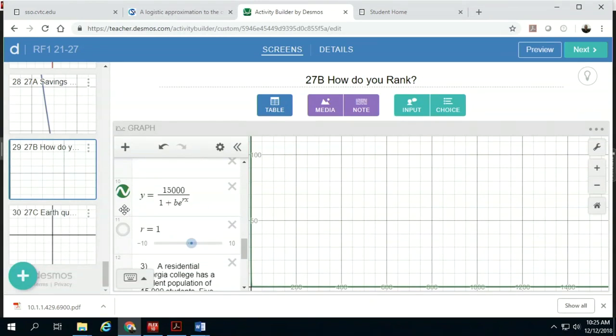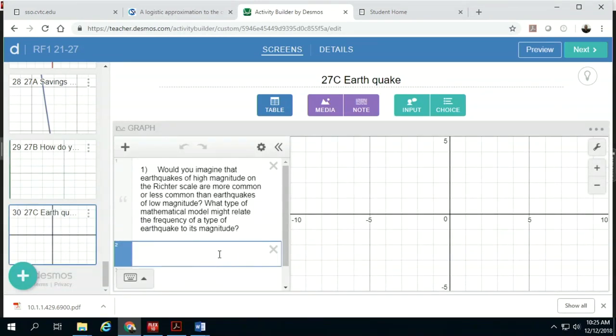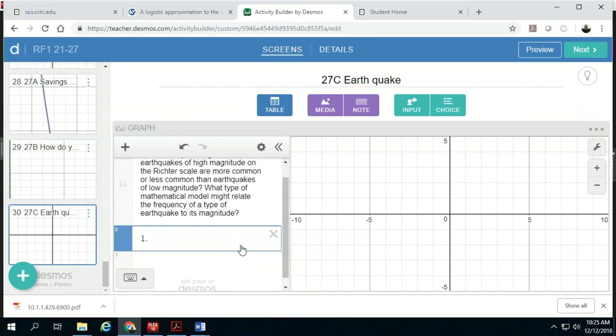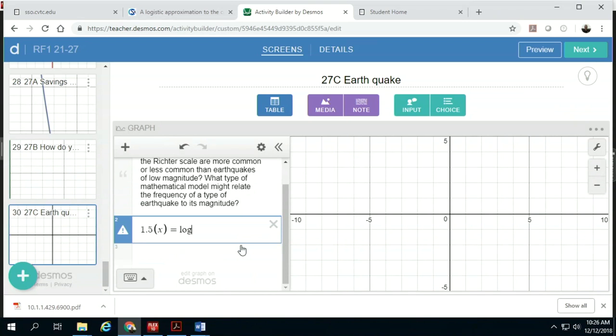Let's see, this is 27C. So if we write it as 1.5, and then I'm going to use x for my variable, equals log of my y